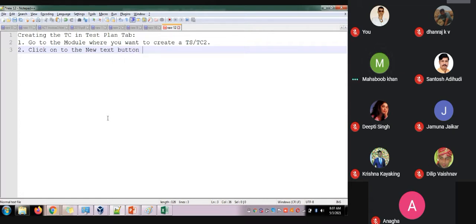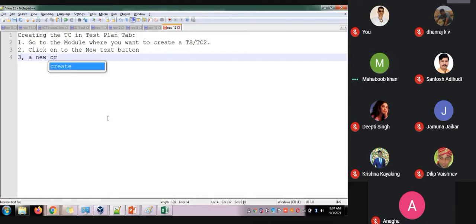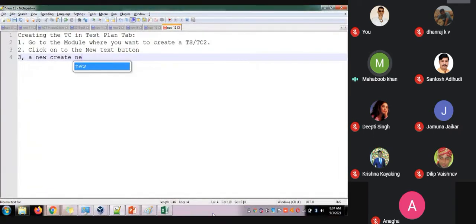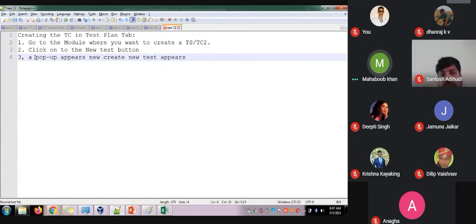button. Okay, once you create, what is that new window? That's new test. Create new test. A create new test window appears. A pop-up appears. This is called a pop-up, right?